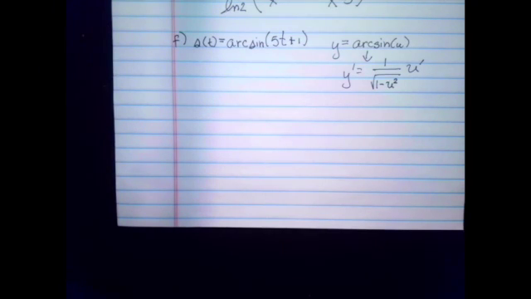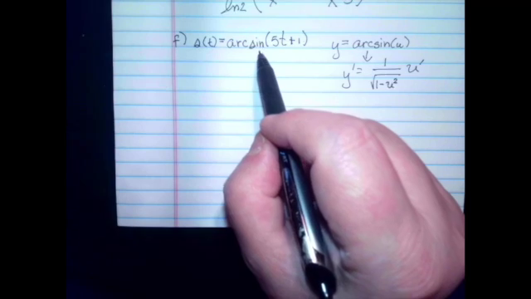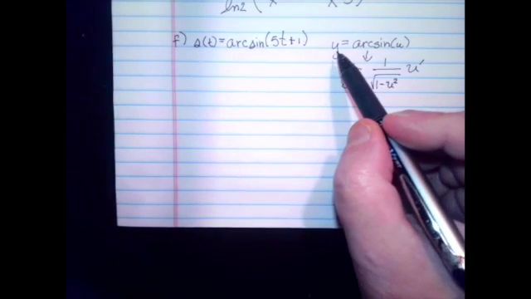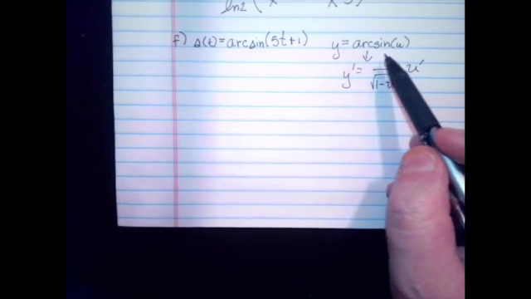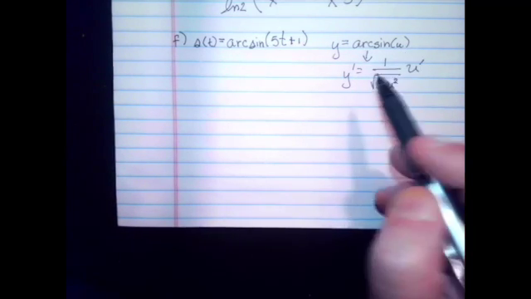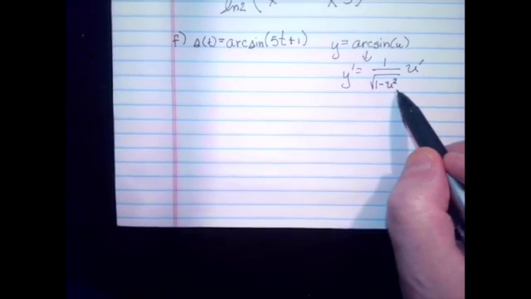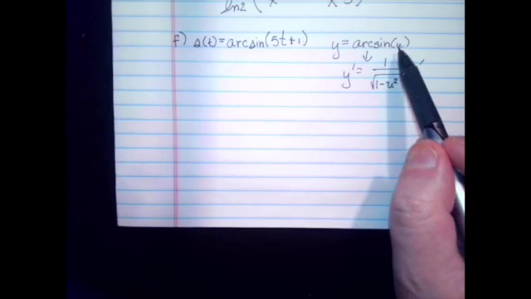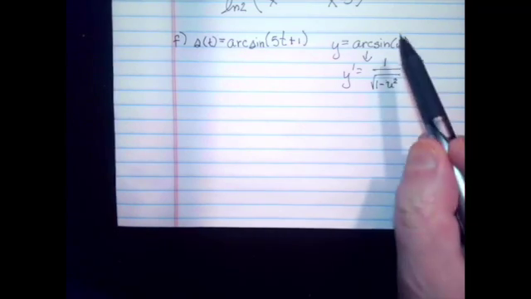1f, we were asked to differentiate s of t equals the arc sine of the quantity 5t plus 1. Here we have a function within a function, so we're going to be using the chain rule. This is also the arc sine function, and you remember that the derivative of the arc sine function is given by this formula. If y equals the arc sine of u, where u is some function, then y prime is equal to 1 over the square root of 1 minus u squared